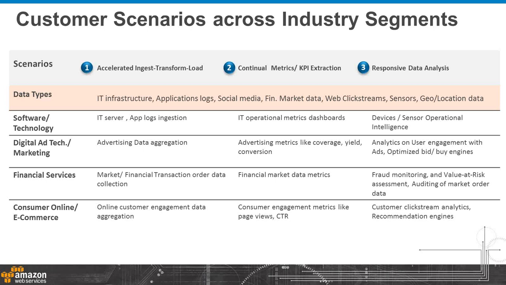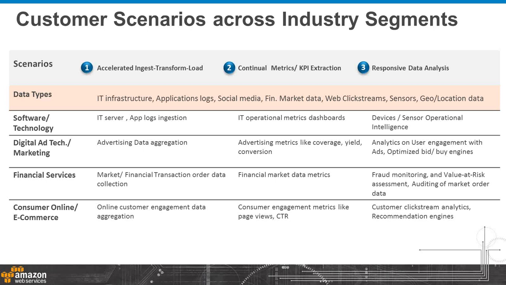In the financial services space, this could refer to transactional order data for trades that are being executed in the marketplace. In the broader consumer online space, this could be customer engagement data with those assets where there is a desire to capture and transform and load that data into a durable system as quickly as possible.